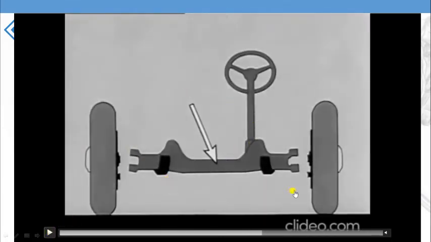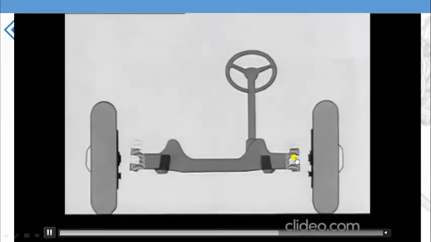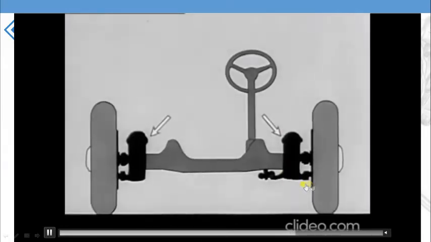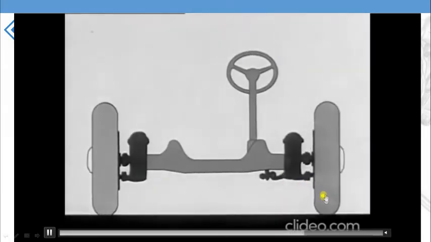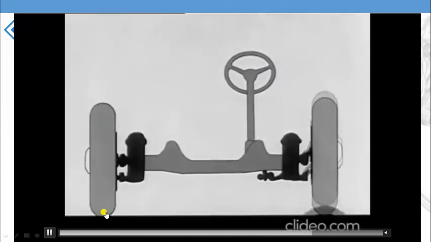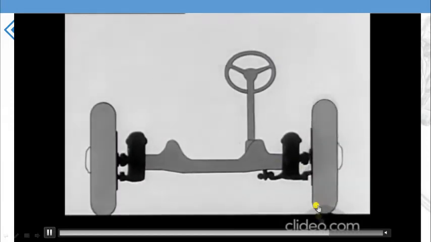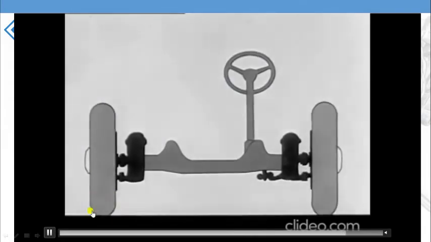So the new change that was made is, instead of attaching the suspension below the body, they attached it on top of the body, and instead of using a leaf spring suspension, they used a commonly used coil spring. So this was the first design that gave birth to the independent suspension. In independent suspension, as you can see, one wheel is directly independent of the other wheel. It doesn't matter how the other wheel is interacting with the road surface, all it cares about is how that particular wheel interacts with the road surface.